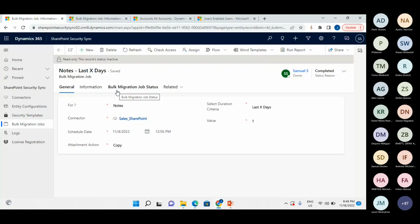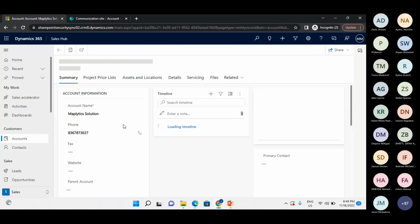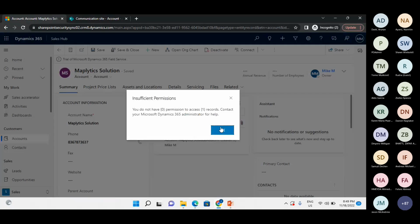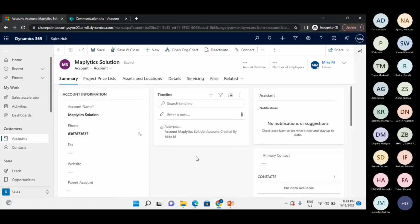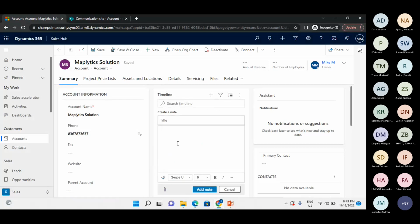So let's say, for example, I'm working on one of these records and I'm adding a note attachment against this record, and I want to see how this real-time synchronization works. So let's assume I'm